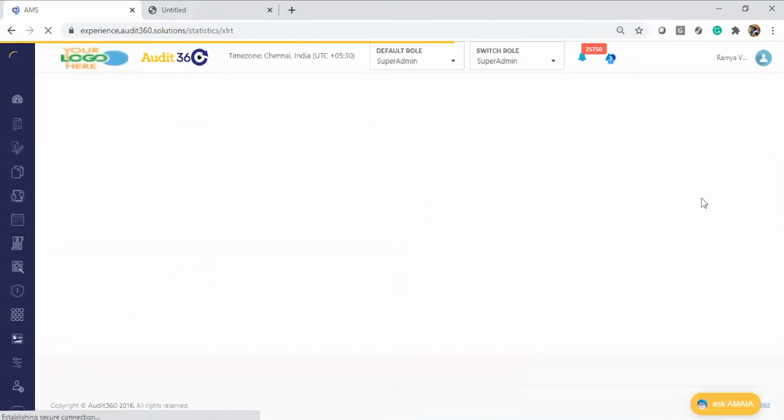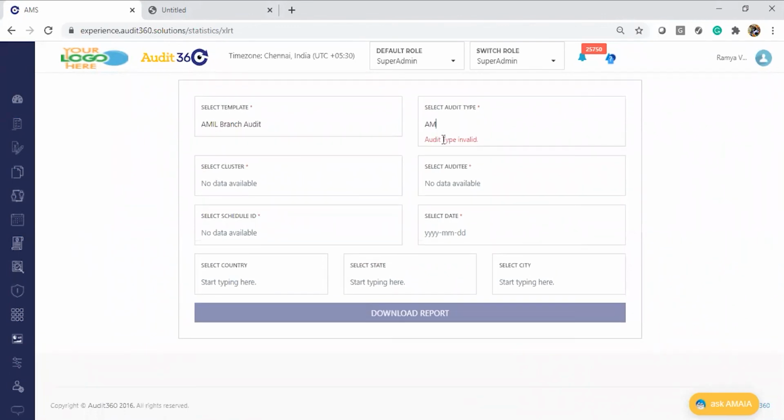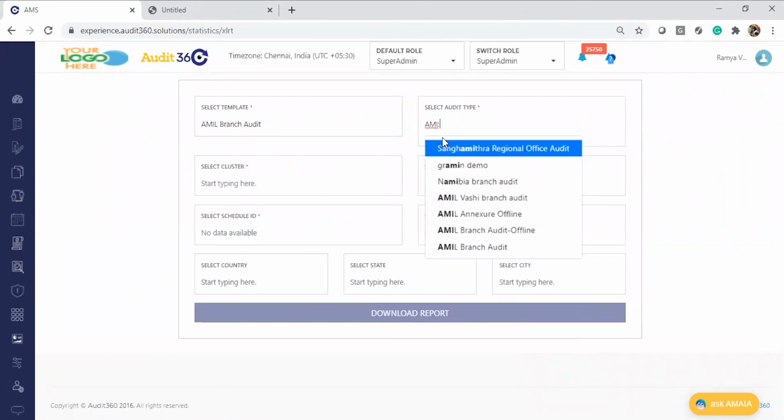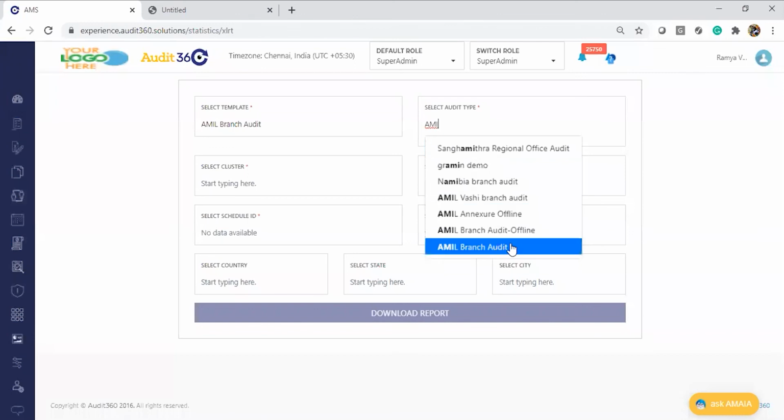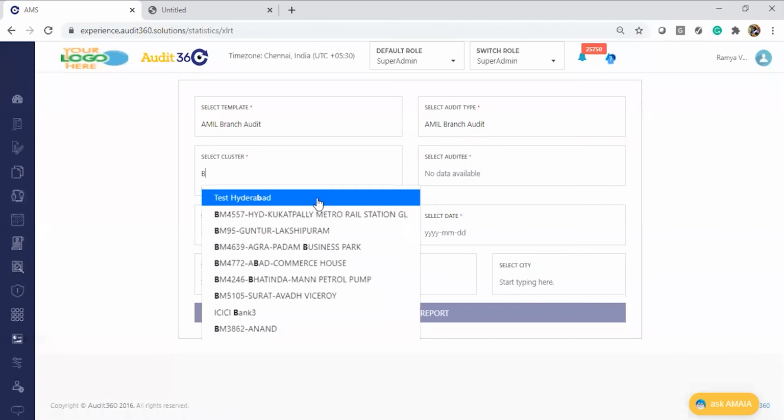The advanced report landing page would be the same for whatever reports you take. I'll show you how we can pull out this report. There will be a template name given, and I choose the audit type. Taking branch audit, we have to give a cluster.